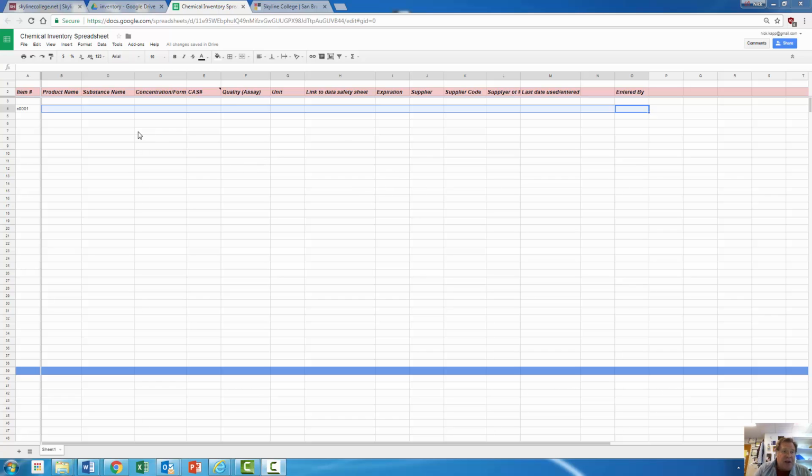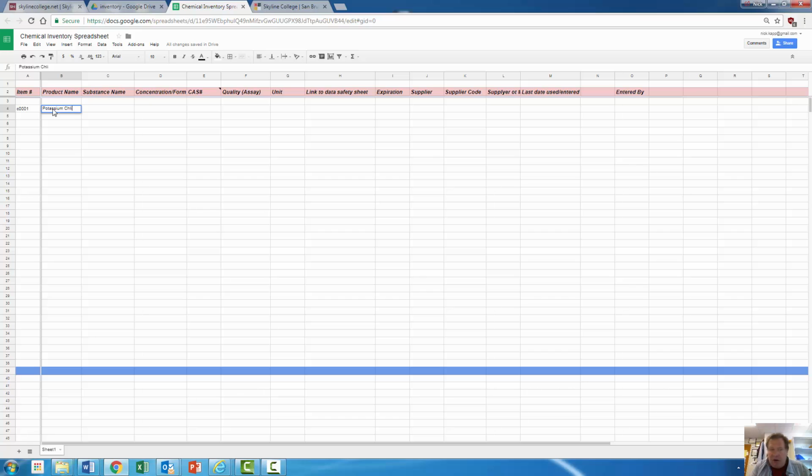Basically what we're going to do in inventory is give each item an item number. We can do that a little bit later. Then the product name. The product that I am going to be using right here is this potassium chloride. And so what you'll do is you'll put this down here and I am going to write in product name